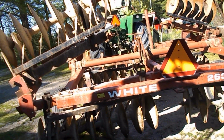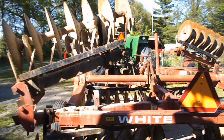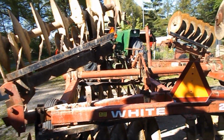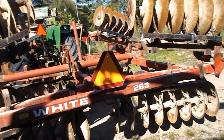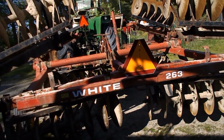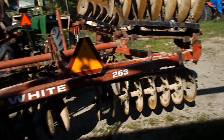But for now, they can be chained or tied or something. Nothing a piece of chain can't solve at this point. So I think I'm going to take this around back and park it, put the Oliver back in the barn, put the skid steer back in the barn. The Oliver,